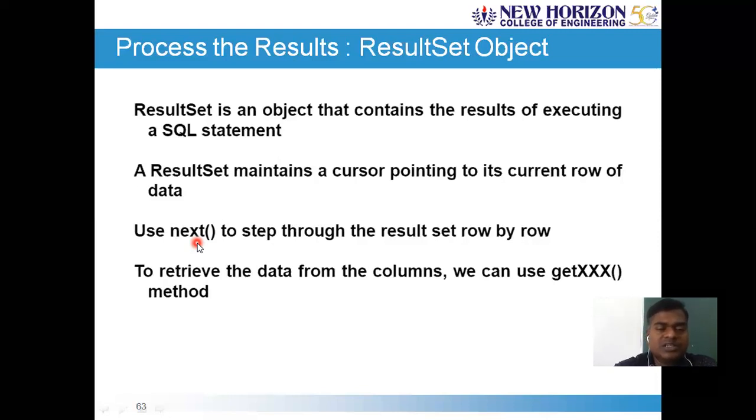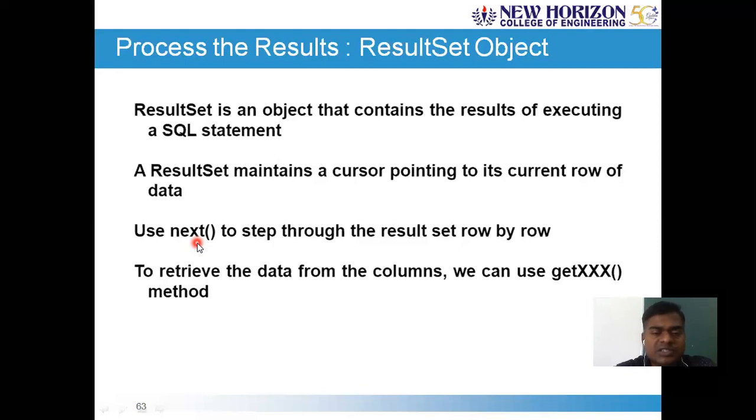Please remember, result set object won't come only with the data. It will come with the data along with the metadata that is associated with it. Metadata means information about the data: what is the type of the first variable, second variable, how much amount of data is stored, how many bytes are stored, and the format of the data, whether it is readable, whether it is secure data. All that basic information will be stored as a part of the metadata.